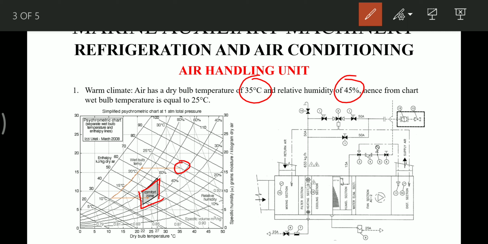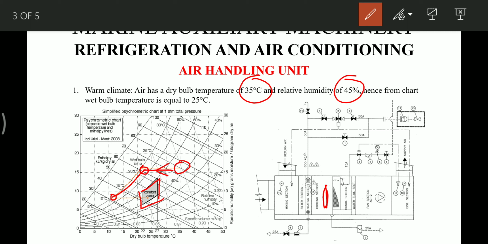From here the air is cooled, and cooling is done in this section, that is the evaporator, and it is cooled in such a way that it is cooled till 22 degrees Celsius. Then after that, dehumidification takes place and it is further cooled to 12 degrees Celsius. Means the evaporator coil temperature is kept at 12 degrees Celsius, or even less, 11 degrees I'll say, so that the air which is entering into the evaporator leaves at 12 or 11 degrees Celsius.